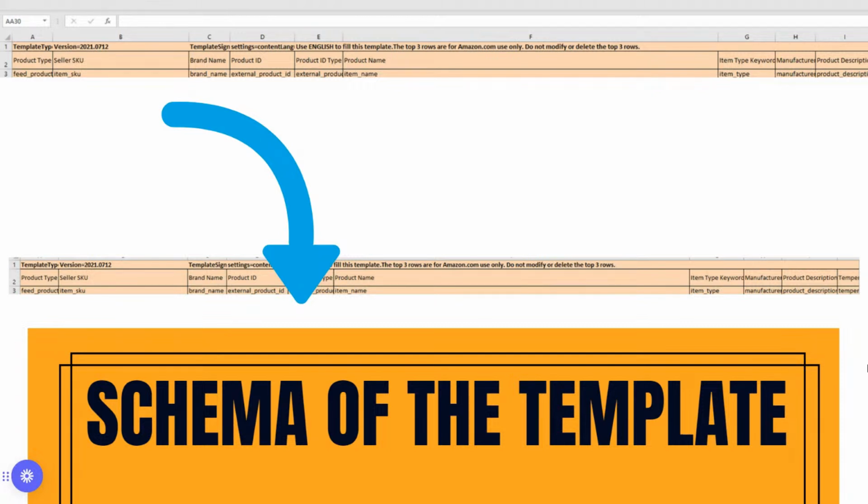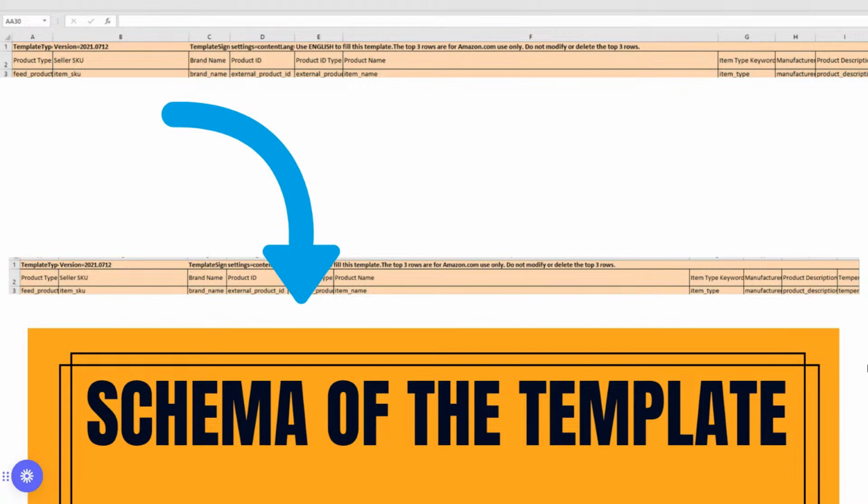That part is the only part of a flat file that is not customizable. If I delete one of the rows, I lose the file, because you need to understand that this is how the backend, this is how the catalog works, right? Through Excel, and this is like lines of code in a sense. So be mindful, don't delete them.